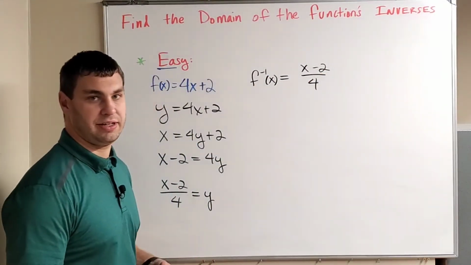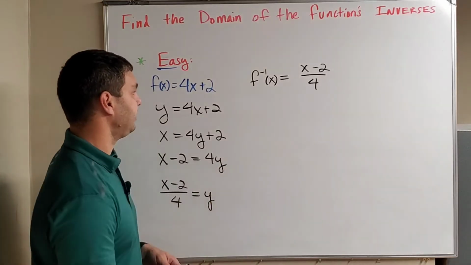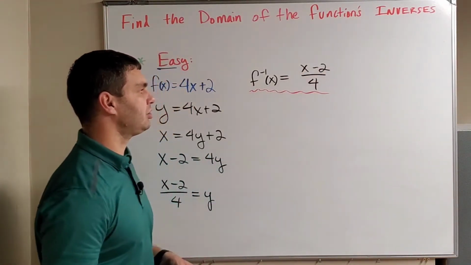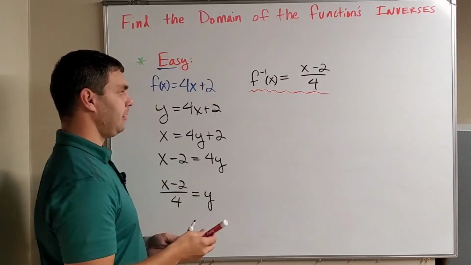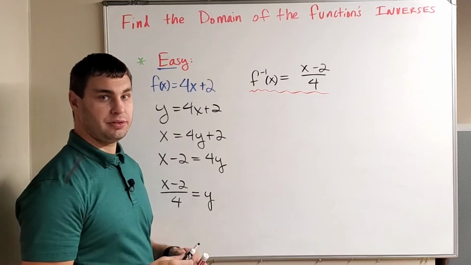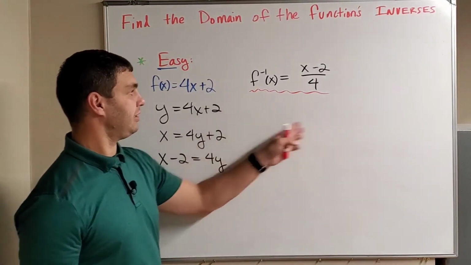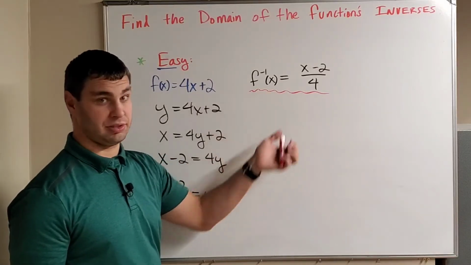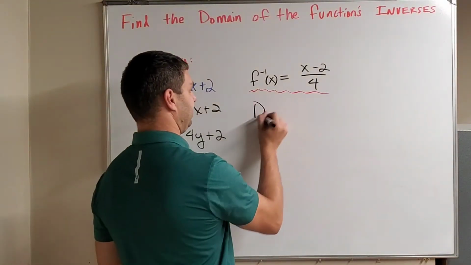All right, so I went ahead and found the inverse of this function, and it gives us the inverse of f is actually x minus 2 over 4, okay? So when we find the domain and the range of this, we have to think about a couple things. First off, the domain of our inverse function is going to be all real numbers. And that is true